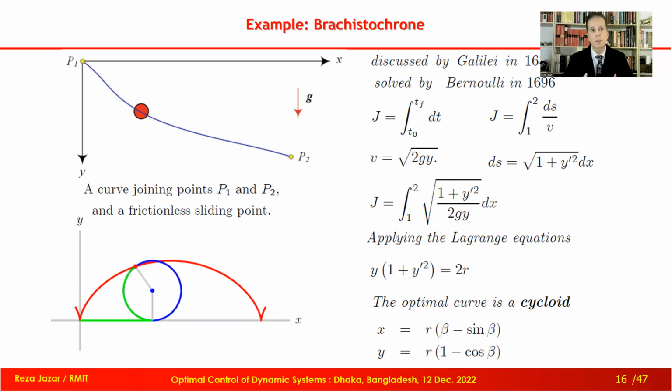Snell's principle is the principle that we use in light, and we understand that light is going to break when it goes to another medium with another density. And we know that the tangent of the angle of entering and the tangent of the angle of exiting are equal, and so on. Based on that, the ratio relates to density, and that ratio is related to the speed of light in different media.